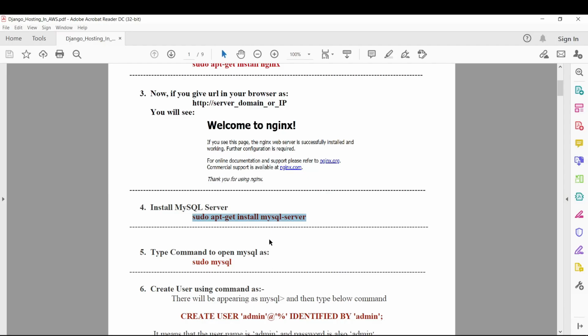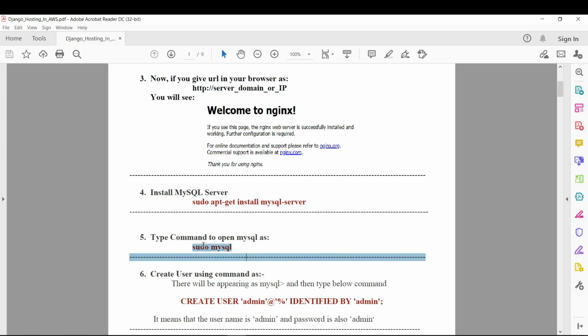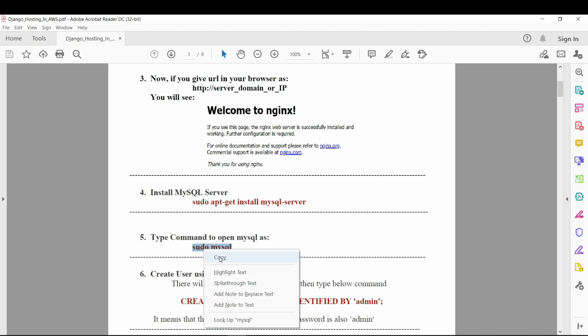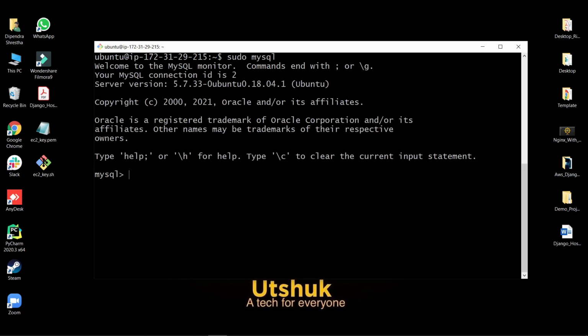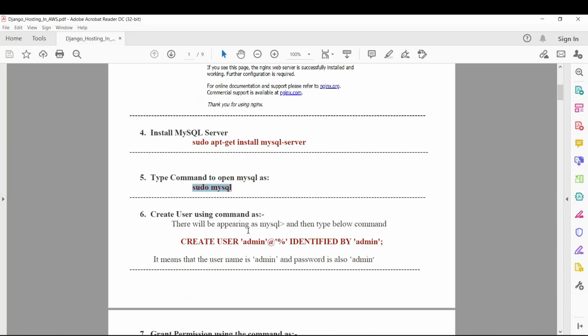Now the next step is to create the user for MySQL. In order to create the user, we need to copy this command and paste it here. It will open MySQL. Now create a user as admin and give the password as admin. In your case, you can give any username and password, but I'll be giving the username as admin and the password also as admin.